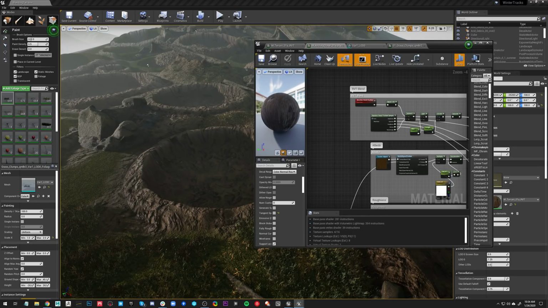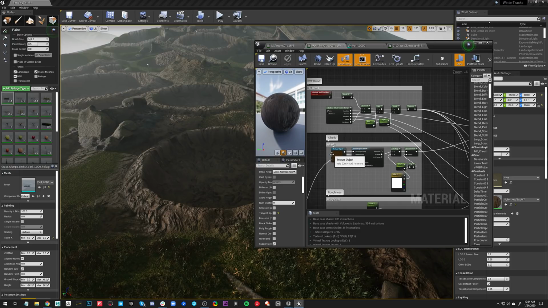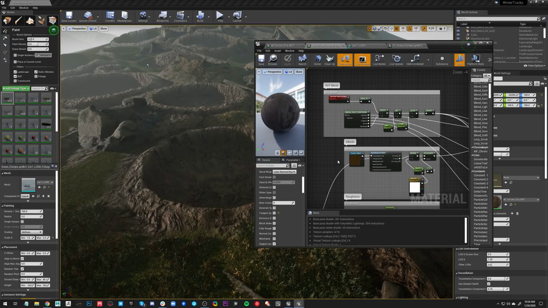With some displacement, it would be a bit more expensive, but RVTs is definitely, in my opinion, the way to go moving forward with new engine iterations. Once displacement works for it, I don't see anybody really needing distance field mesh blending. It's prohibitively expensive. And I agree, yeah. It doesn't have as many applications, and the manual setup is just too much.